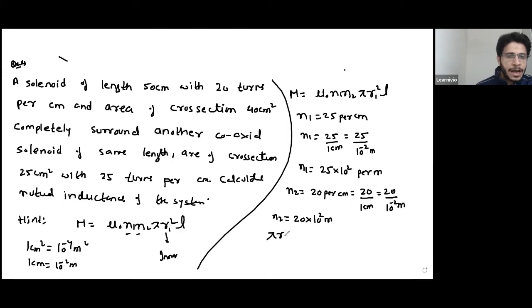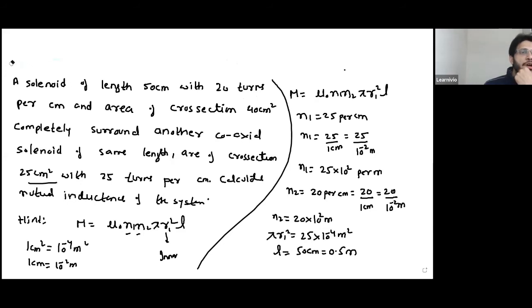Your pi r1 square, the area, is this 25 centimeter square. It's 25 into 10 raised to the power minus 4 meter square. And the length is 50 centimeter, 0.5 meter. So if I substitute all values here,